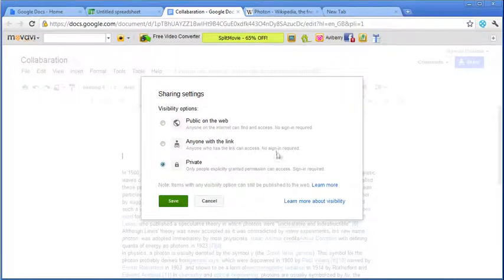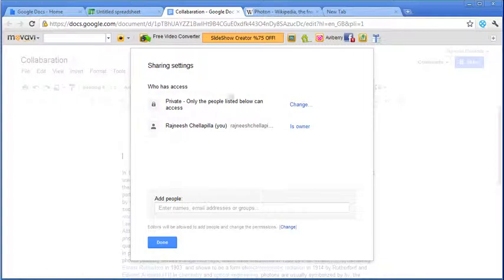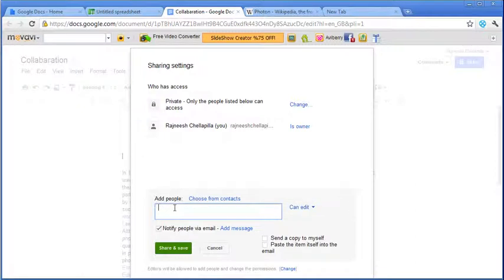And if you select private, only those people who you agree to add to your list will be allowed to view the document, or only yourself if you add no one else. So I'm going to select private and click. And as you can see, I have no one else added. If I wanted to add people, I would go to the bottom of the current window and enter in the name or email address, preferably the email address of whomever you want to share the doc with,